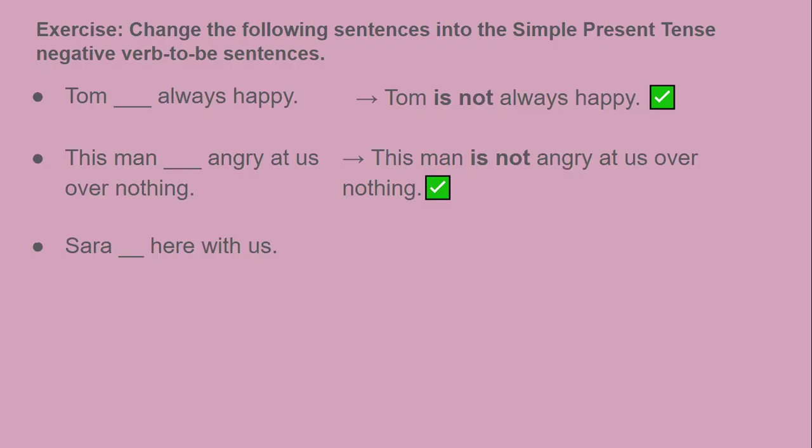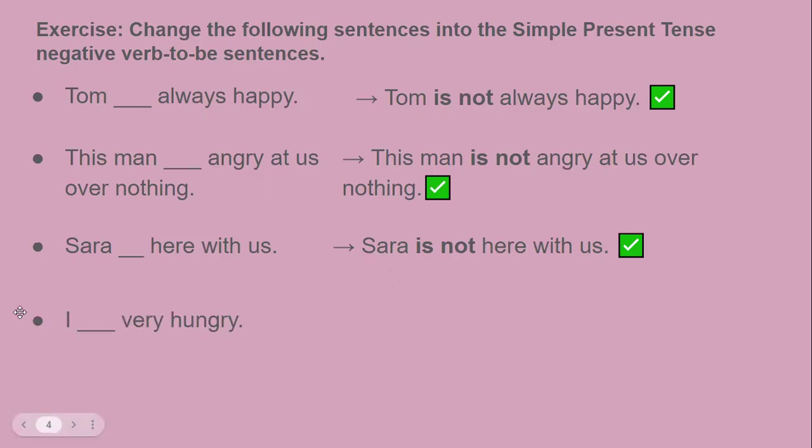So we should use is not, because for the subject she, we use is, but it's negative. So it should be is not. So the correct sentence is Sarah is not here with us. Next up,